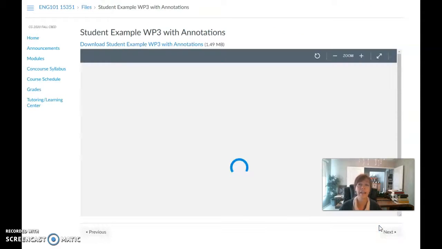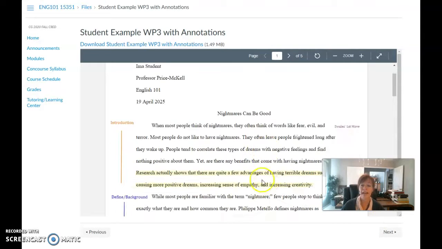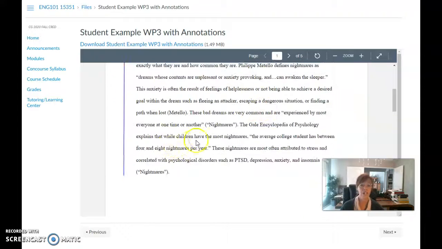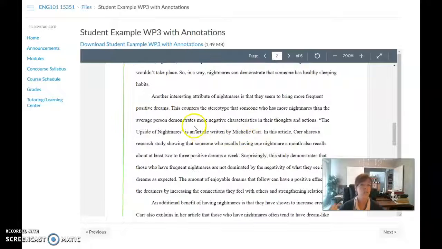And then I've also added here that student example. Remember, we had an assignment with this a few weeks ago. But for now, what I've done is gone in and annotated that student example to show where their introduction is. Granted, this is a short introduction, but she has all of the moves. Swales' first, second, third move. She offers some background on her topic, nightmares. She then goes into her main points, and she makes a point. She brings in evidence from a source. For every point she makes, she brings in evidence. That's key for academic research writing.